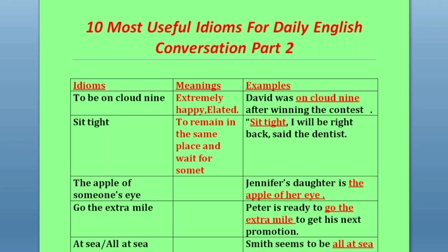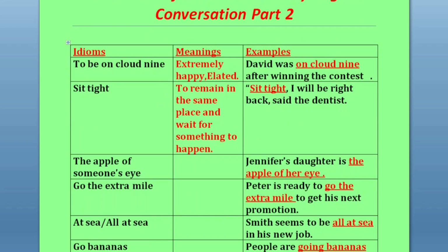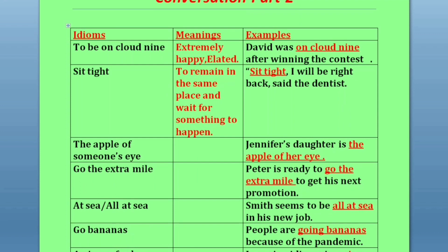As you see, I have given the example: Sit tight, I'll be right back, said the dentist, right? In this way you're asking someone to wait. You can say, please sit tight. That means you're asking the person to remain in the same position and wait for something or someone. Up next we are going to see the third idiom for today, which you see on your screen,